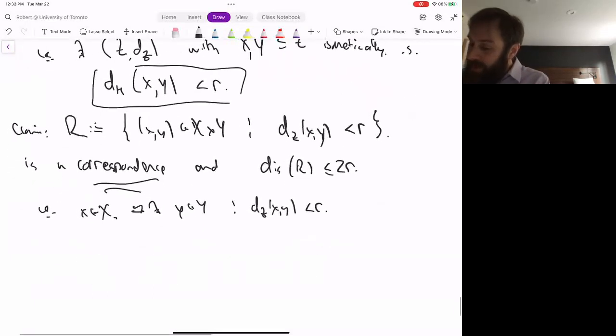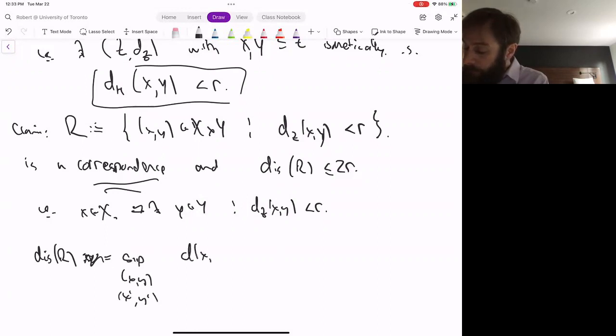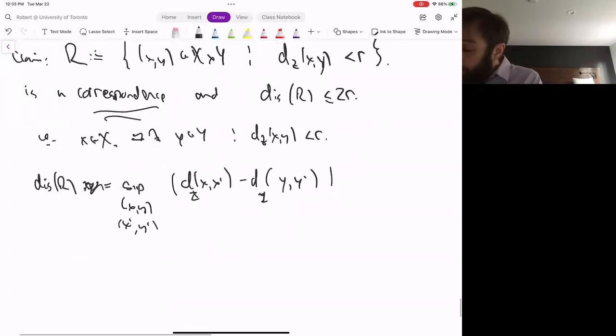And so that tells me that the projection of R onto the first factor covers X. And by symmetry, the projection onto the second factor covers Y. And then to check the distortion, you're basically wanting the supremum over pairs of points again. But I claim,